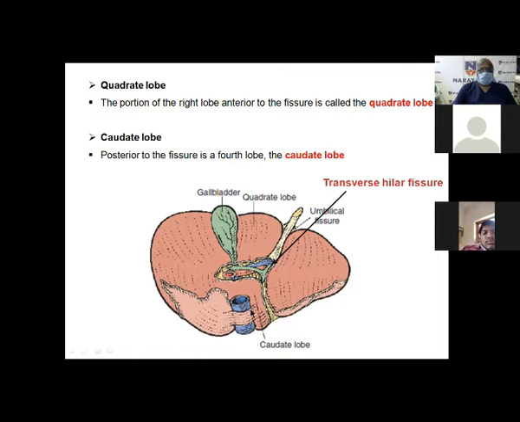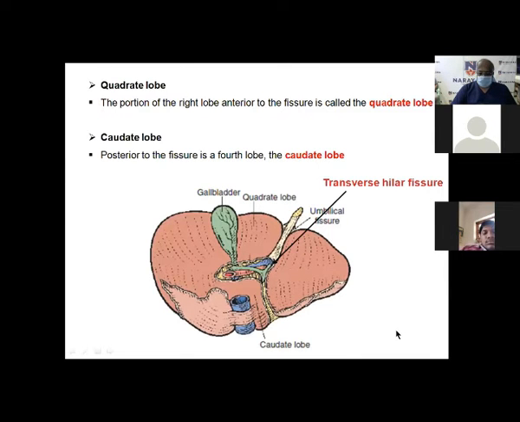And just posterior to it, hugging the IVC, you've got the caudate lobe, and sometimes it goes in front of or posterior to the IVC. That is called the caudate process. These are the attachments on the left side in the form of the left triangular ligament. So this is the caudate lobe, this is the quadrate lobe. Caudate lobe is numbered as 1, this is 4, this is 2 and 3, and subsequently we'll see what is happening here. This is usually segment 5, that comes to be segment 8, that is 6 and 7. That is how it is.